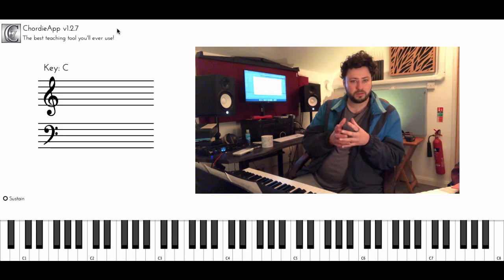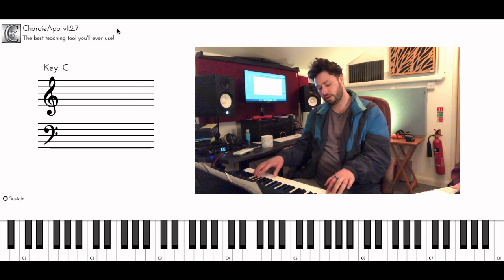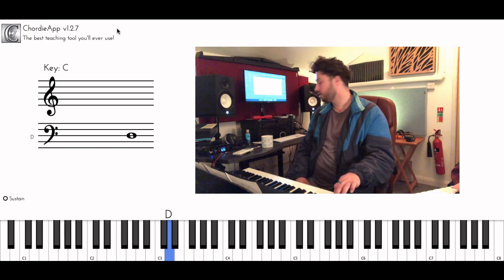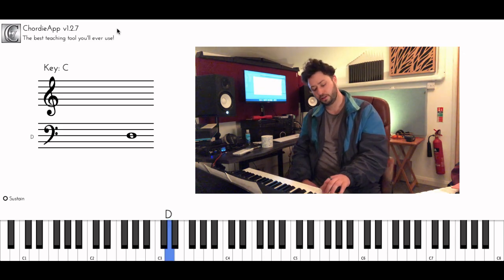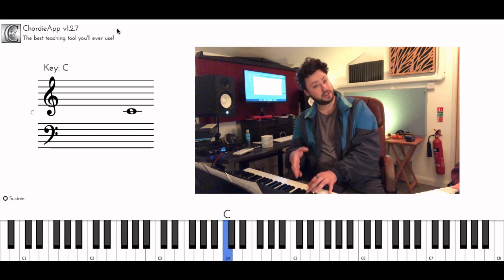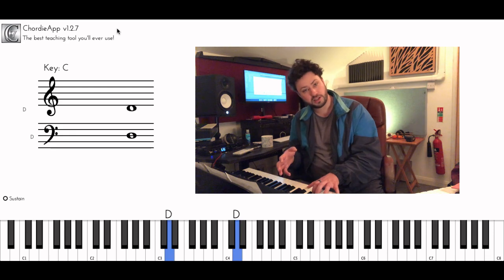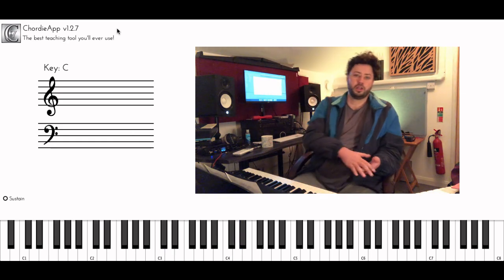So takeaways from today. To find D, look for your two black notes, these ones, and find the note between the two black notes, and that's D. And then you can just use the alphabet to go up. D, E, F, G, A, B, C. And then you're back to D again. This is an octave. And what we've done is we've doubled the frequency by going from here to here.